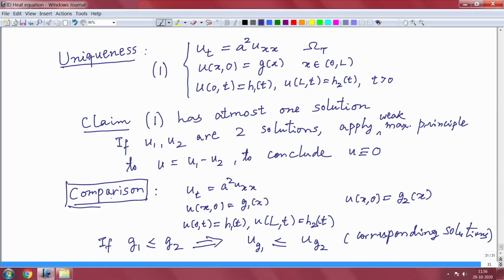So, they all follow from either weak maximum principle or weak minimum principle. We can also consider the inequalities in the equation. Okay, that is also possible, because inequalities are allowed in the statement of the theorem. So, there are many more interesting results. Because of lack of time, we will provide some of them in the notes, but now we will proceed